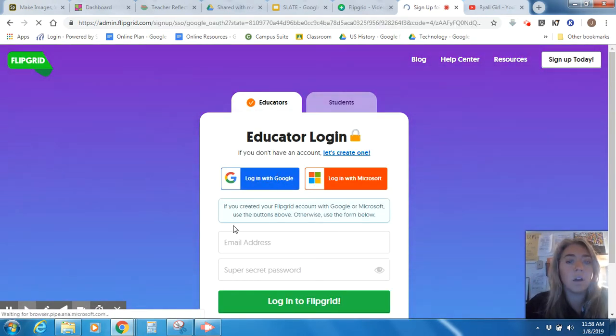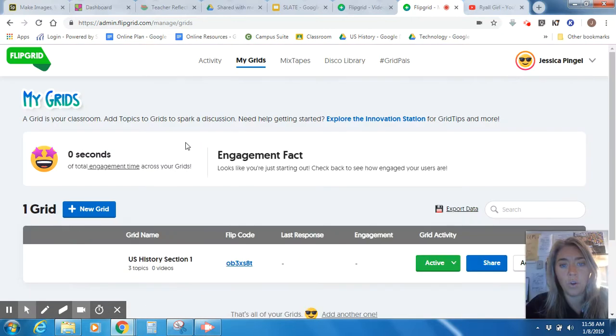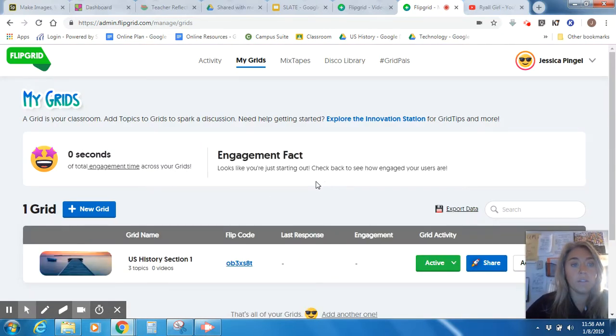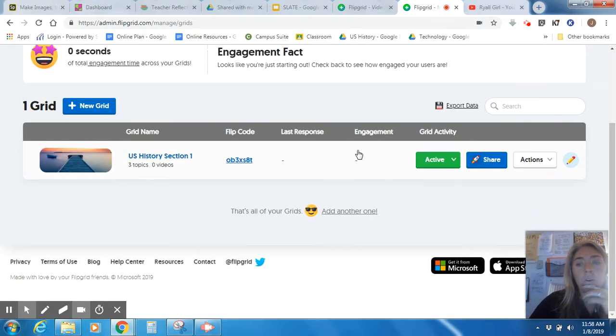I always log in with Google when that's possible. I've already logged in once, actually several times. If you have not logged in, you'll probably have to give some permissions and things like that. So this is what it looks like when you log in. I actually have already created